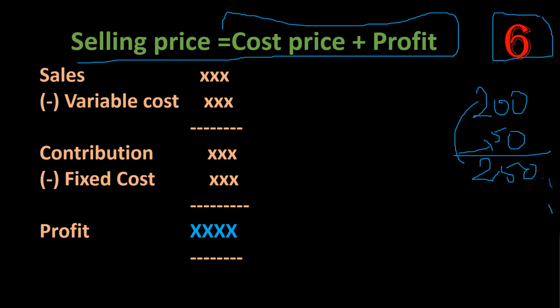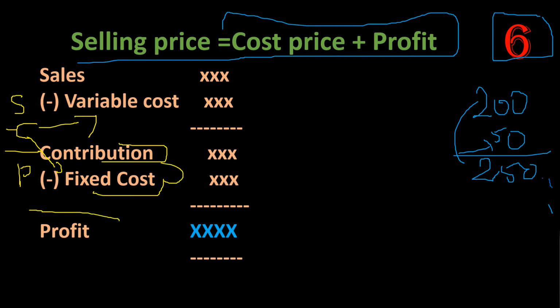This is the income statement, or marginal costing statement. What we do is take sales. From sales we are deducting the cost to get the profit. The cost may be variable cost or fixed cost. First we will deduct the variable cost and next we will deduct the fixed cost. By deducting the variable cost from sales we get the contribution, and by deducting the fixed cost from the contribution you get the final profit. So this is the simple statement, and from this statement you can derive almost 6 formulas.